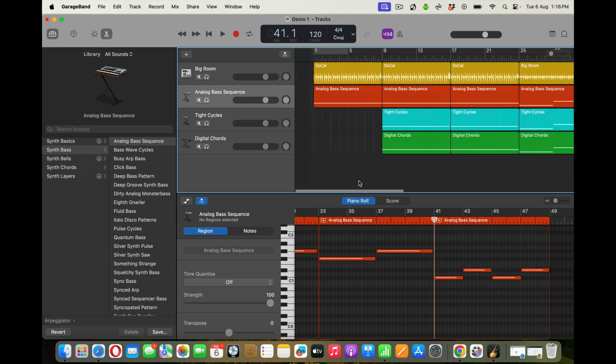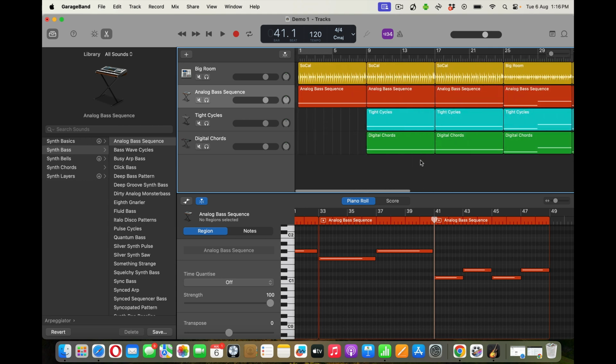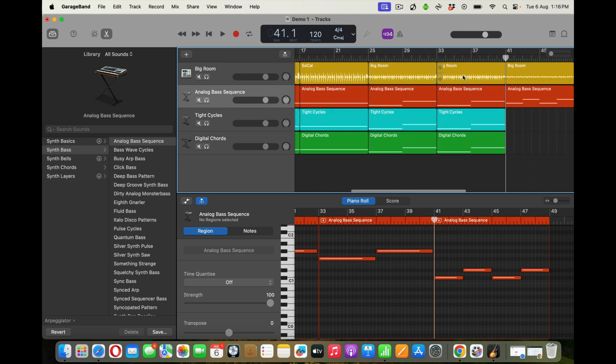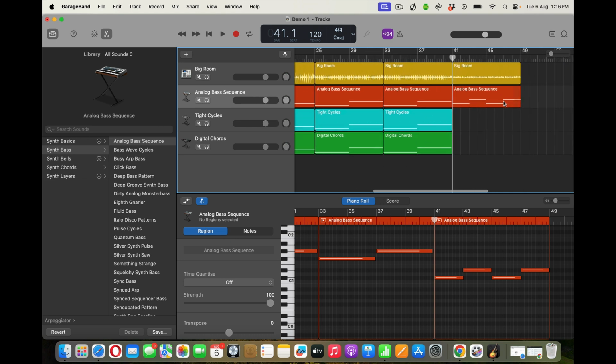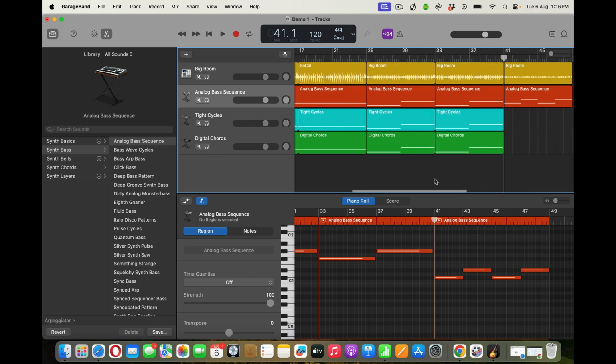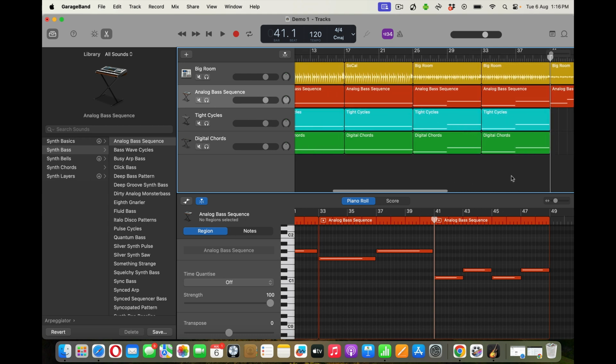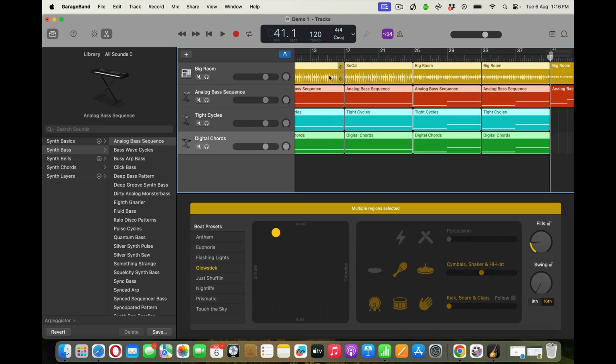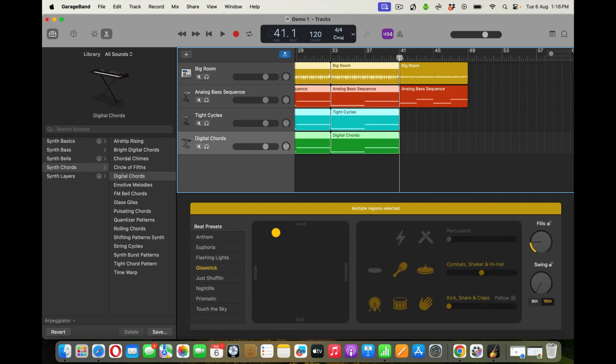Perfect. So now we've got intro, A section, B section, C section. Notice how they're all equal in length. Notice how they're all the same number of bars. So there's my C section. That's pretty nice. Then all I'm going to do is take my A and my B section again, copy it, drop it in there,